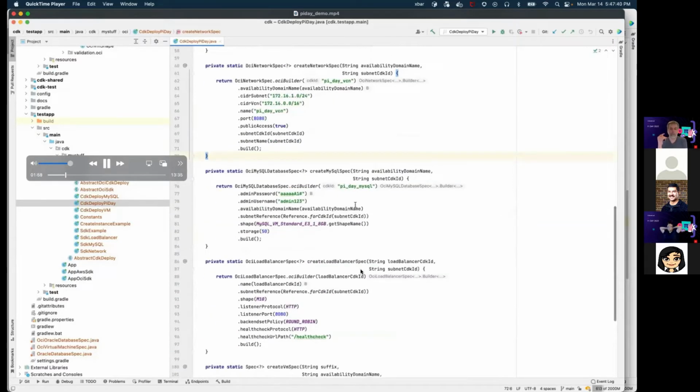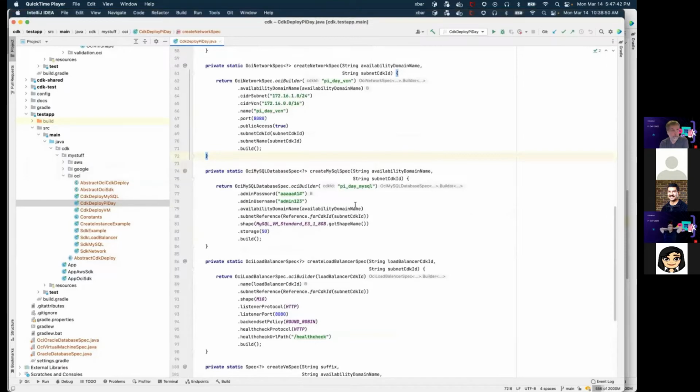Because the MySQL gets created after the subnet, by the time that we're creating the MySQL instance, the subnet will be live and it'll have the tag for that CDK ID, and then I can do the lookup to get a reference to that, and then set the ID of the subnet in the API call to